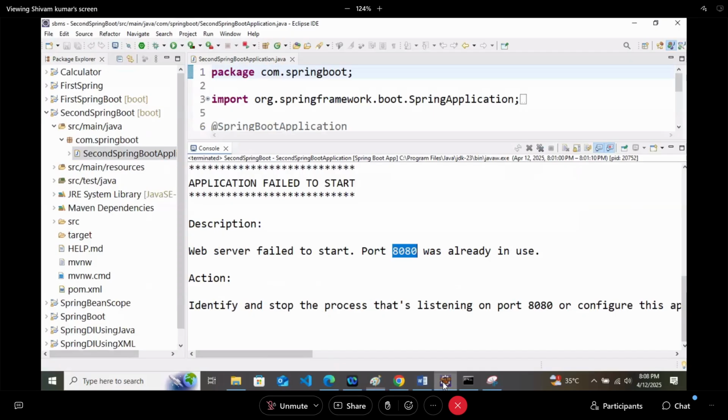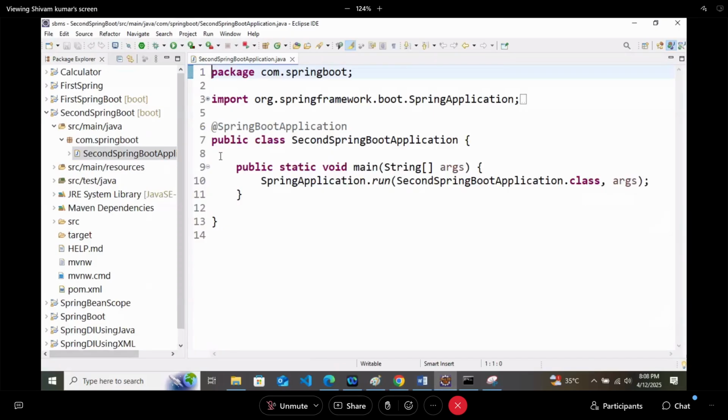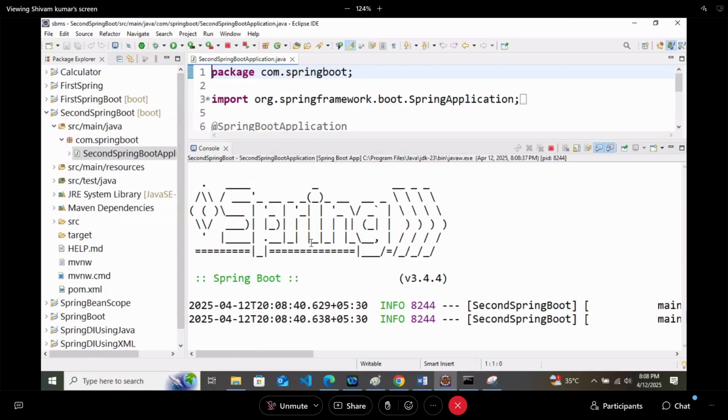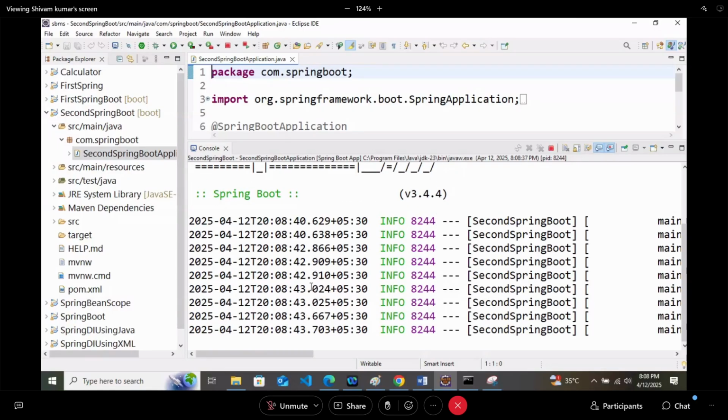Now we will try to rerun our project because now 8080 is not running. And this time, boom, we are not getting any error, because when this project was trying to run, 8080 was not running.